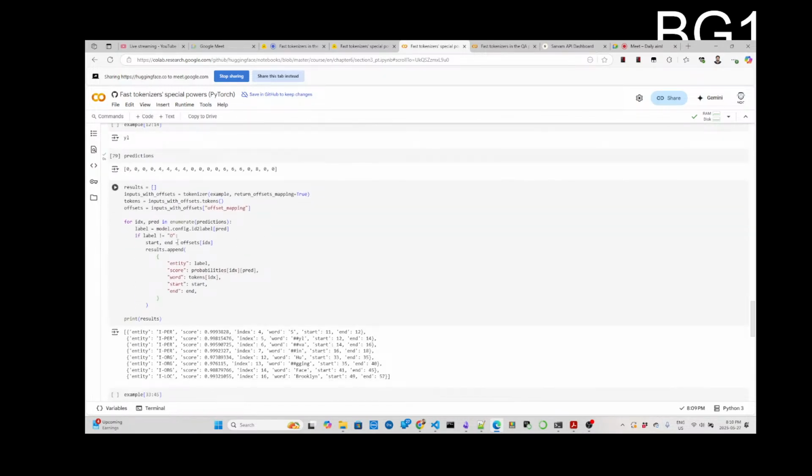तो उसका स्टार्ट और एंड मुझे मिल जाएगा क्योंकि मैंने उसमें लुकअप किया, और रिजल्ट में मैंने फिर स्टार्ट और एंड को यहाँ पे डाला. सो 11 और 12 यहाँ पे डाला. दैट्स हाउ आई नो कि